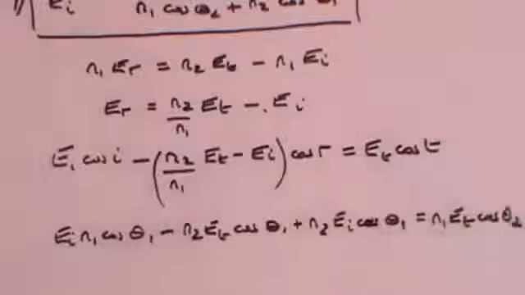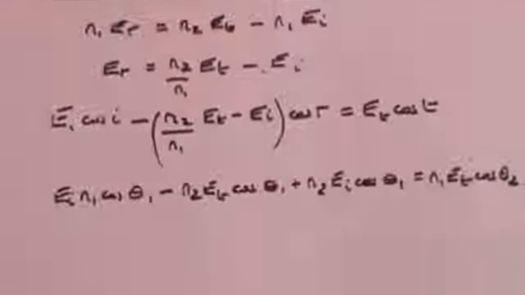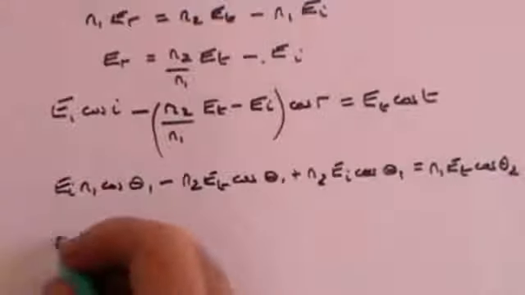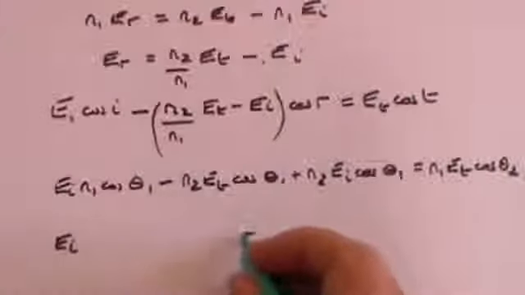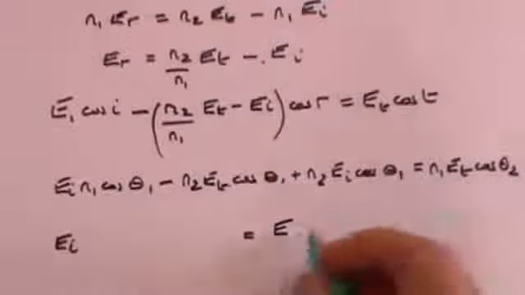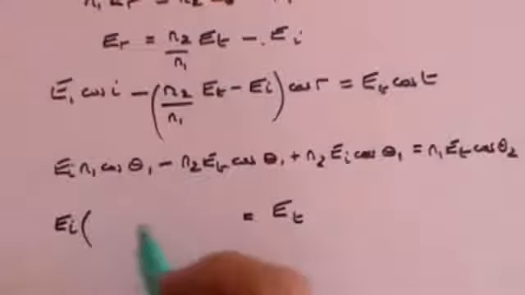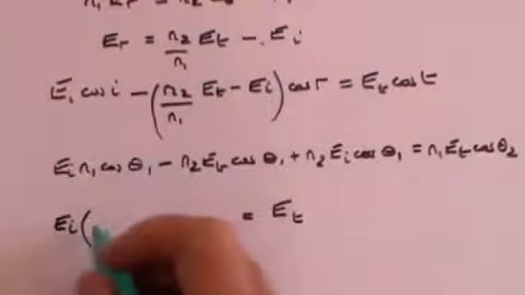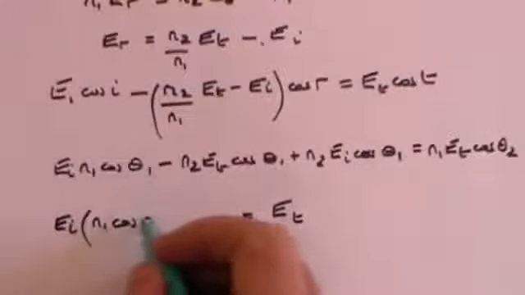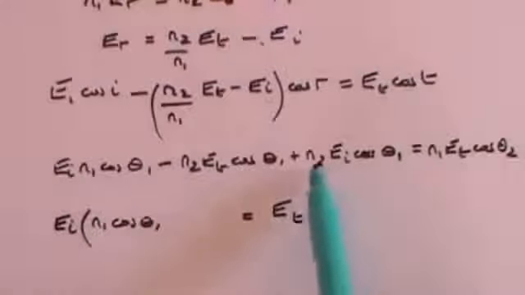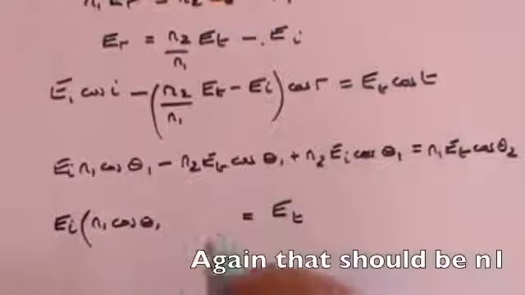And once again the trick is to bring all the ei's to one side and to bring all the et's to the other side. So what have we got? For ei I've got an n1 cos theta 1 and I've got a plus n2